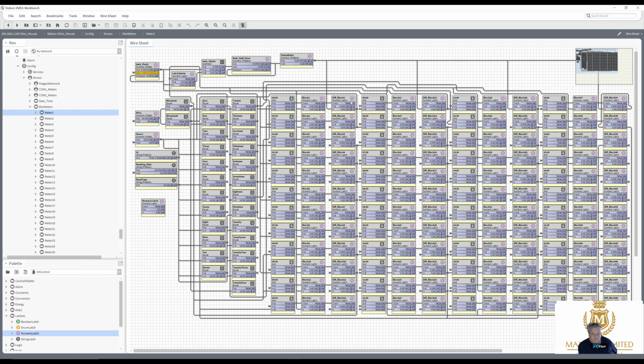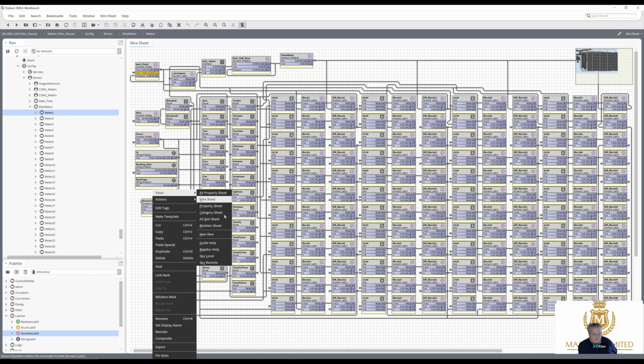Now, with a normal numeric latch, you would trigger the clock, and whatever value is on the in, it will put into the out. With this particular numeric latch, I've actually taken out the transient. Let me show you what I mean. We look at a normal numeric latch, which I've just brought across onto here. If I right click this,